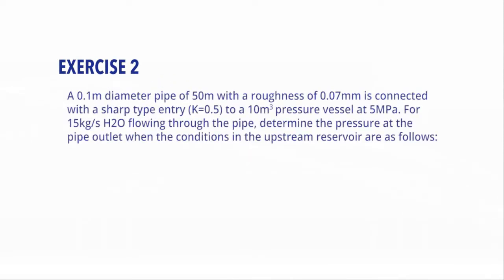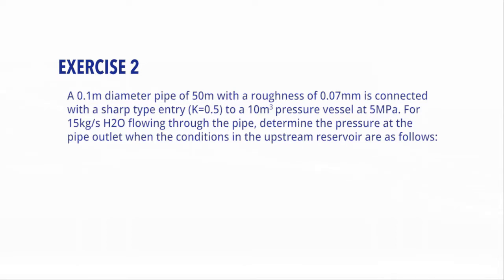Pressure loss with two-phase fluids can however sometimes be counterintuitive. To illustrate this, I'd like you to try the following exercise. A 100 mm diameter pipe of 50 meters with a roughness of 0.07 millimeters is connected with a sharp type entry. That just means that the secondary loss factor is 0.5 to a 10 cubic meters pressure vessel at 5 MPa. For 15 kilograms per second of two-phase water flowing through the pipe, determine the pressure at the pipe outlet